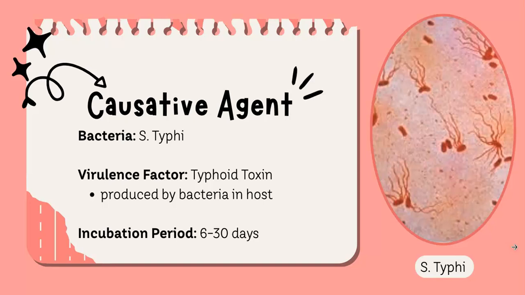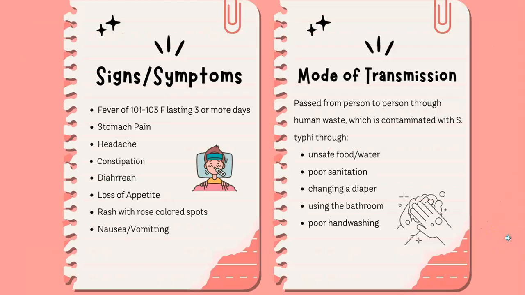Sorry, I skipped over the virulence factor, which is typhoid toxin, and it is produced by the bacteria once it is within the host. The signs and symptoms of typhoid fever are often a fever of 101 to 103 degrees Fahrenheit lasting 3 or more days, stomach pain, headaches, constipation, diarrhea, loss of appetite, rash with raised rose-colored spots, and